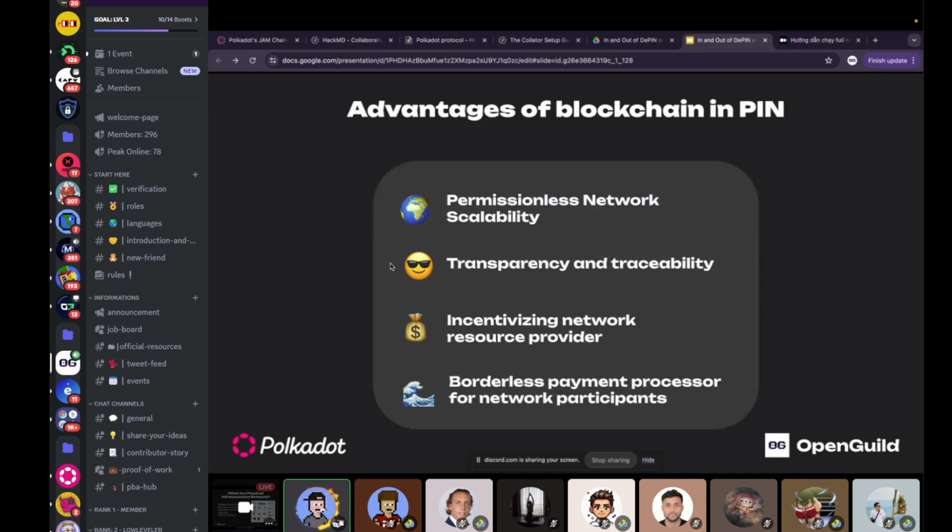Before then, we also had some solutions like BitTorrent, a peer-to-peer file sharing solution, or Napster, a nearly decentralized music sharing platform. But all of these were still centralized in a way.